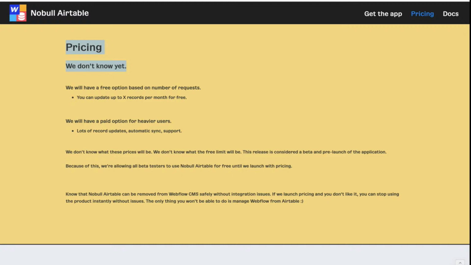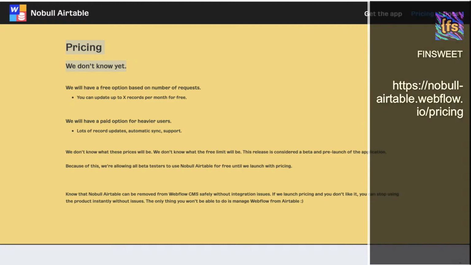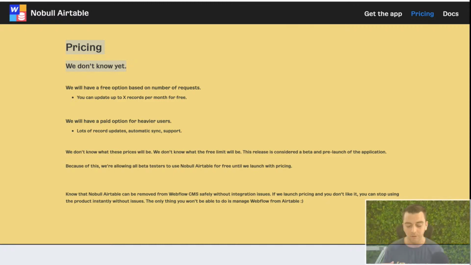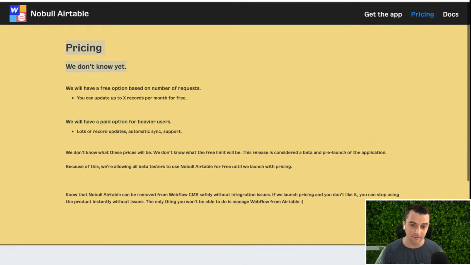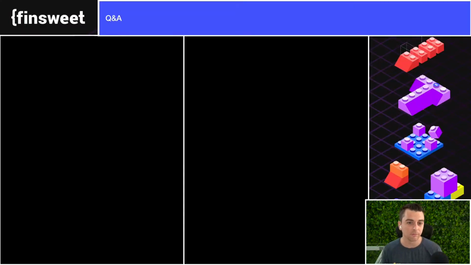After we feel that we are outside of the beta, we are going to give everybody a lot of heads up notice, at least one month, to say, hey, on this date, we're going to start charging, and these are the plans. We will always have a free plan. Don't know what it's going to be, but there will be a free option. And there, of course, will be a paid option, probably with some more features or with higher usage. If you are syncing your data and you have a lot of items, it's going to be more expensive to run your account.